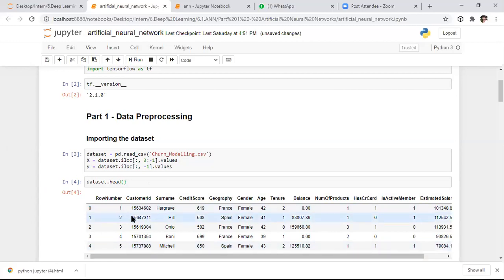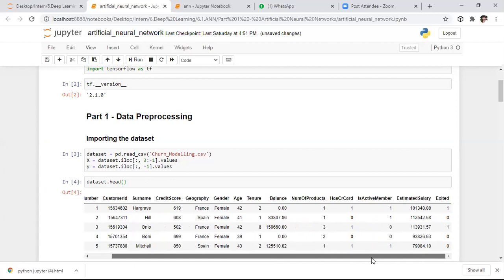So in my data set I have these columns. Based on these columns, I want to predict whether the person stayed in the bank or exited from the bank. If the person exited from the bank, the output is 1. If the person stays in the bank, the output is 0. So based on these features, we need to predict whether the person exited the bank or stayed in the bank. So here it is a classification problem. Initially, we will implement the classification model by using deep learning.